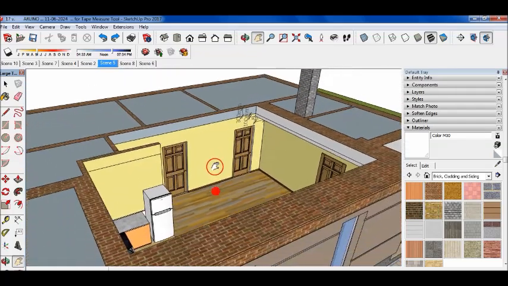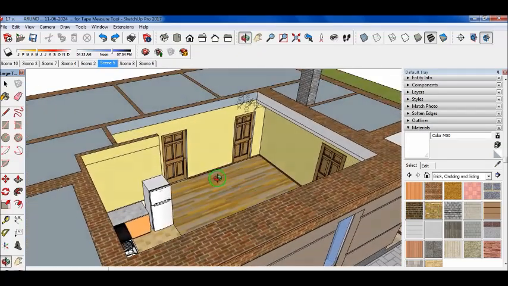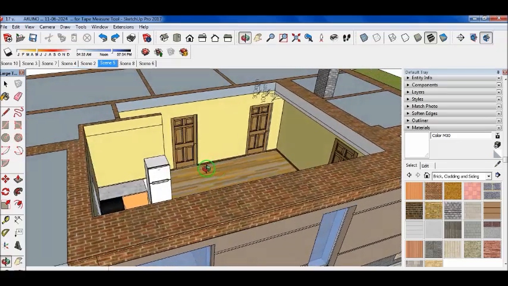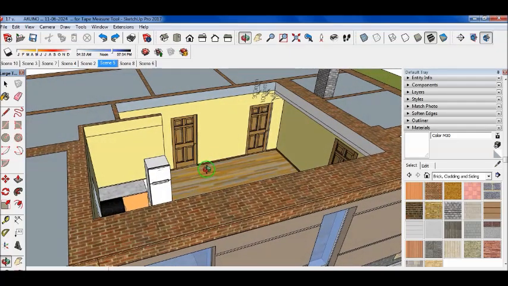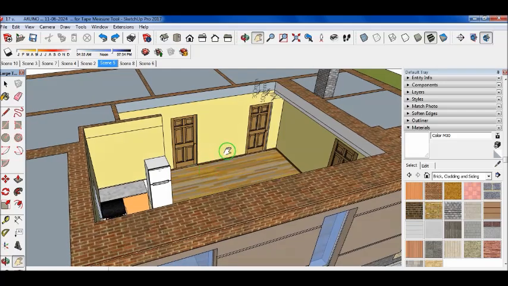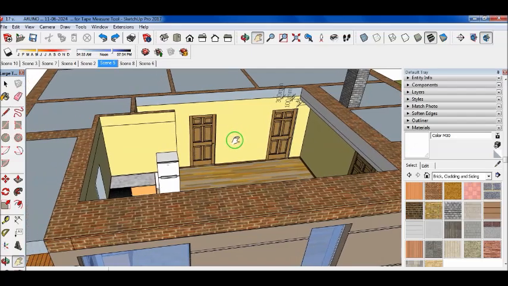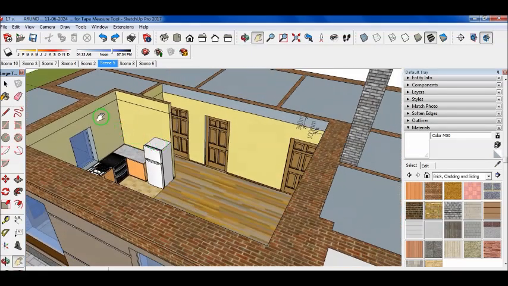How can we do this? I just try to explain very fast. In order to do this ceiling overlay, I just draw the lines around this room,